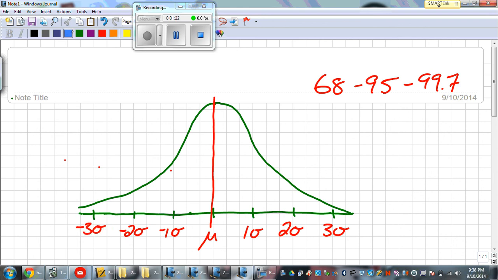Okay, so the way it works is from the first standard deviations, that is 68% of your data. The second standard deviations, when you break that up from here to here, that's going to be 95% of your data between those 2 standard deviations. And then for 3 standard deviations,